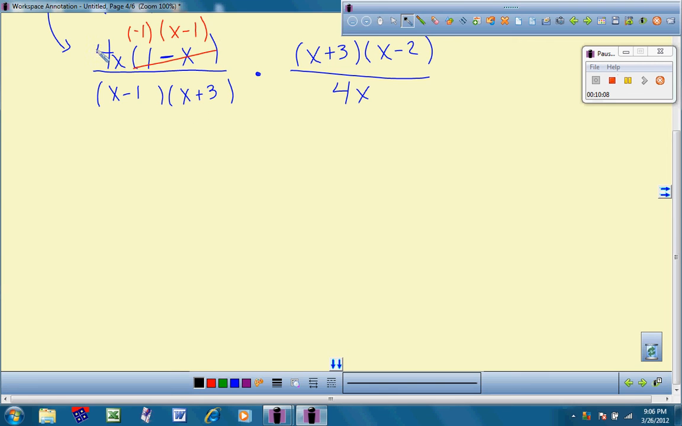So I can cancel out 4x here and 4x in the denominator of my second fraction. I can cancel out x minus 1 and x minus 1. I can also cancel out x plus 3 and x plus 3. So what it looks like I'm left with is negative 1, because we have negative 1 right here, don't forget about it. And on the right, my factor of x